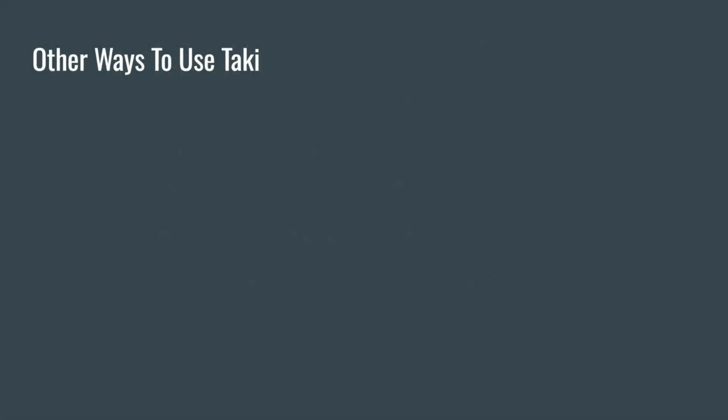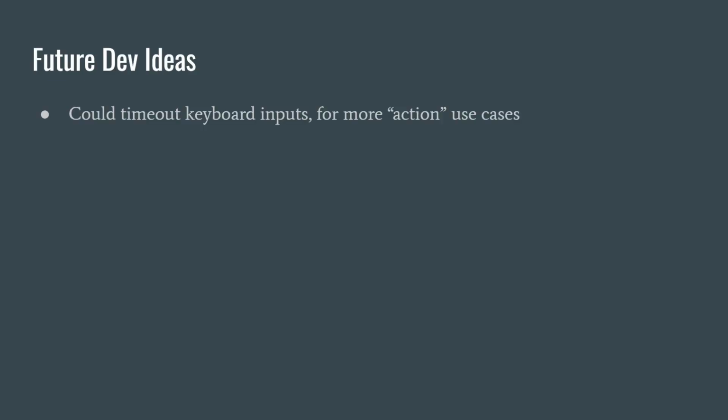Since Taki has complete control over the input routine, we could time it out. If the user doesn't hit a key in X amount of time, Taki returns something anyway. Maybe a special character the program knows to look for, I don't know. But this would make it easier to write action-oriented games in BASIC, with animated characters like this derpy Pac-Man knockoff character, and baddies that move around every half second, so you'd better choose your next move quickly. None of that is a direction I'm looking to take Taki's development at this time, but it's possible I could decide to generalize it further and build multiple other types of kits with it.